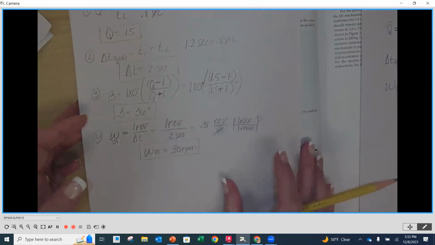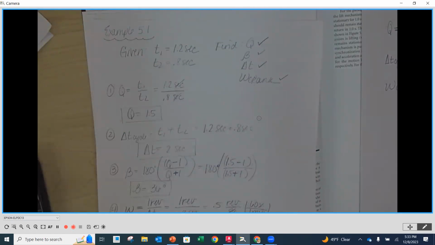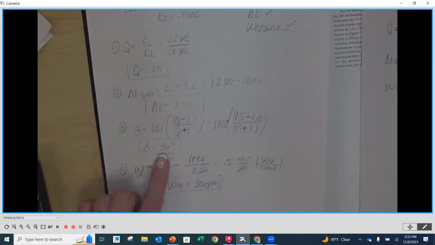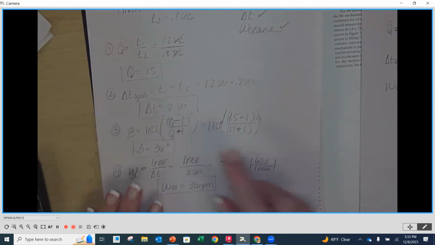Now, as we look at this, notice that our Q value was greater than 1. This means that we are in the non-symmetrical case, and it did say there was a quick return, which makes sense because we had less time on our return stroke, the T2, than we did on the outward stroke. Additionally, we have a beta angle. Now, if you tried to calculate the beta angle for a symmetrical, inline case, you would get 180, right? Because you'll notice that my Q